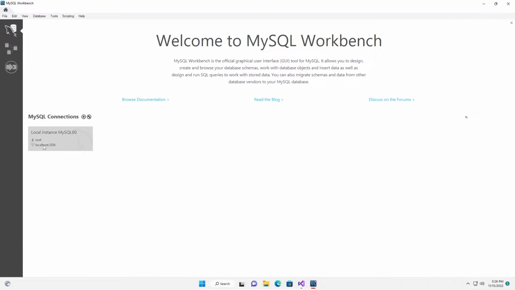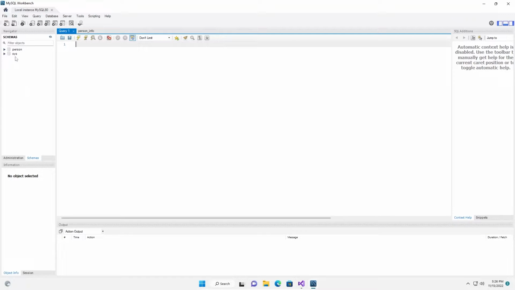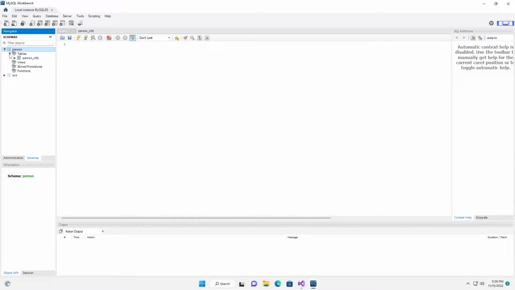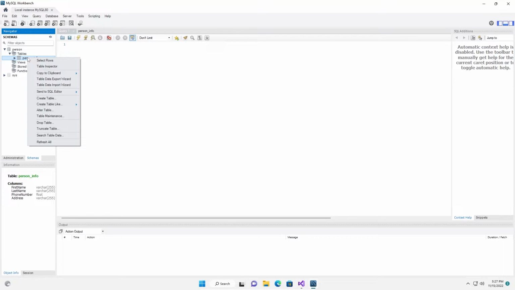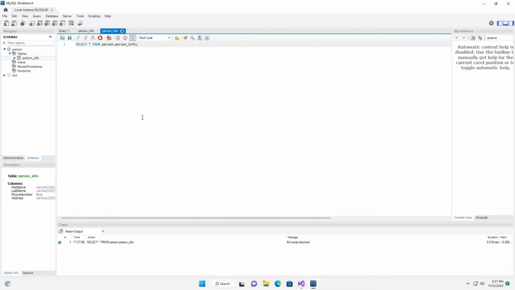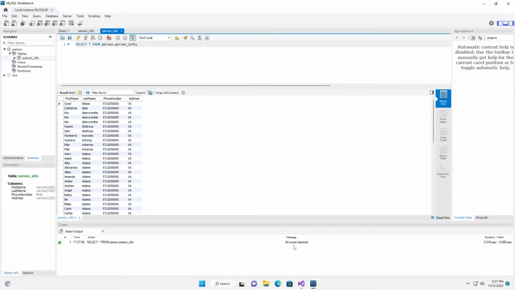This is my MySQL database. I have a person database here. If I expand it, I have a table, person information. Let me see how many records there are. So we have 64 records over here.